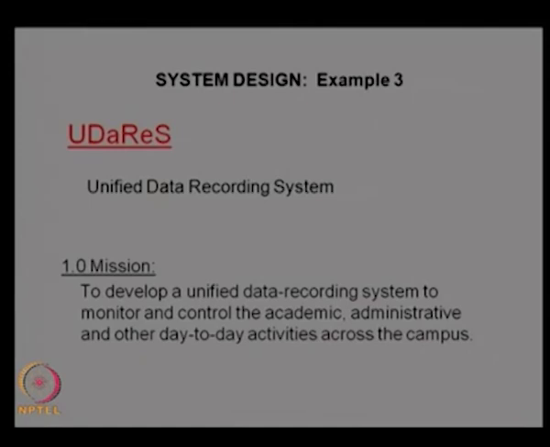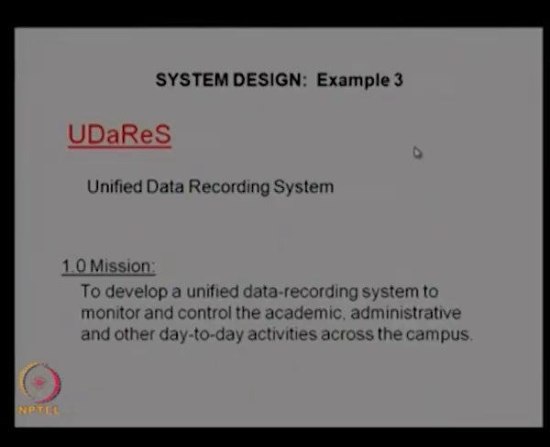Again, this is developed for practical application on the campus. So when you have a unified data recording system which can be integrated with various activities of the campus, that becomes a complex system where we need to record a lot of data from various sources like student attendance, faculty and staff attendance, as well as their salary details, then the type of projects taken up by the faculty and all other administrative functions and academic activities like registration of courses, allotment of slots to the